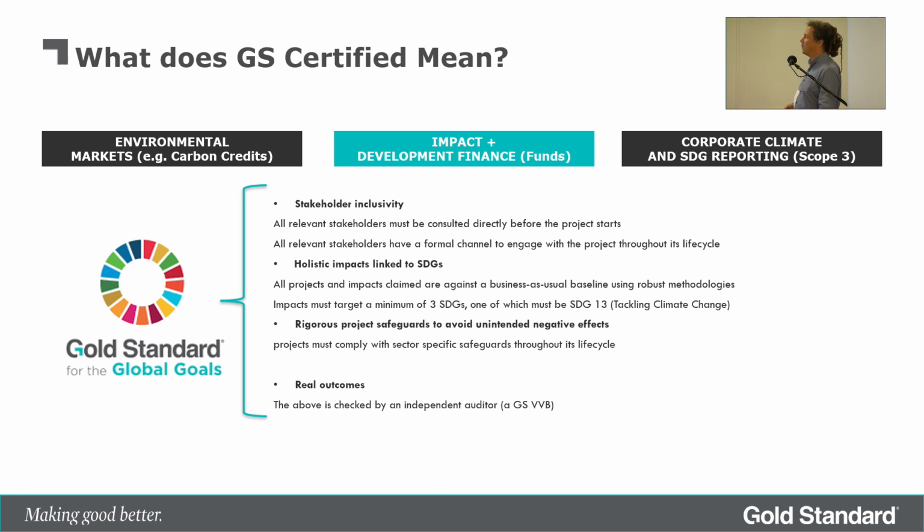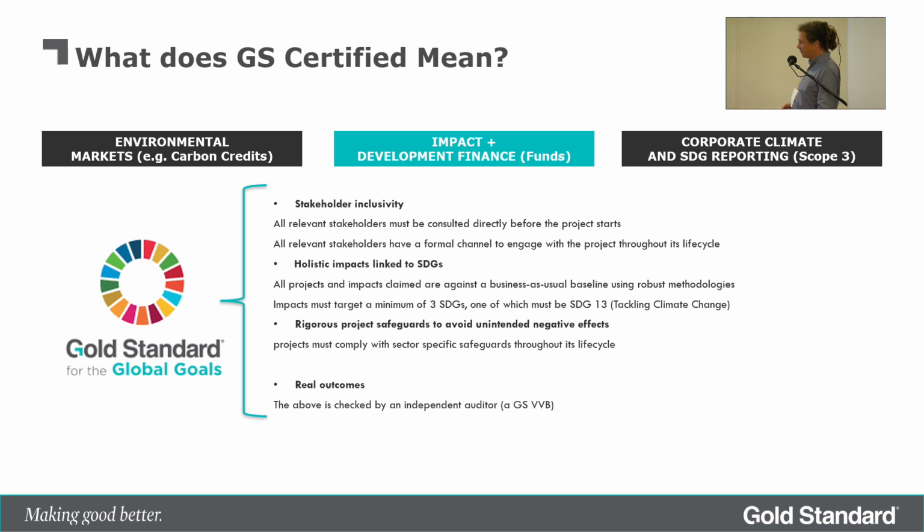Gold Standard has pretty robust requirements on stakeholder interactions, which we can summarize in 2 key points. All the relevant stakeholders to a project, those people who may be affected or may have a relevant input, need to be consulted before a project starts. And not only that, the consultation and ongoing dialogue between project and stakeholders, and vice versa, needs to happen throughout the project cycle. So if it's a 15-year project, there needs to be some method or mechanism by which